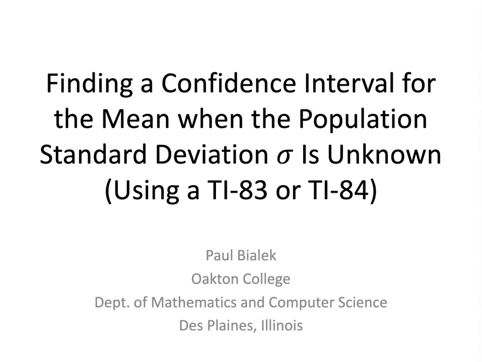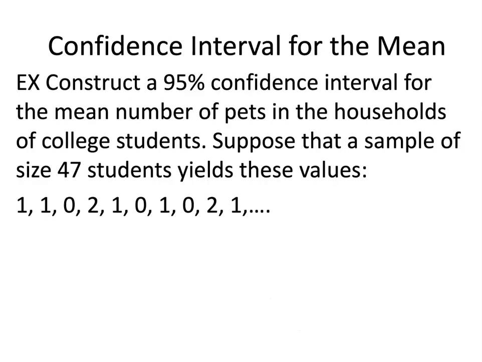Let's look at finding a confidence interval for the mean when the population standard deviation sigma is unknown using a TI-83 or TI-84. For example, construct a 95% confidence interval for the mean number of pets in the households of college students. Suppose that a sample of size 47 students yields these values: 1, 1, 0, 2, 1, 0, 1,